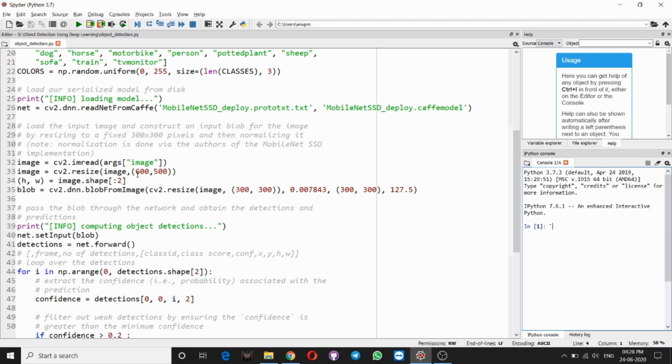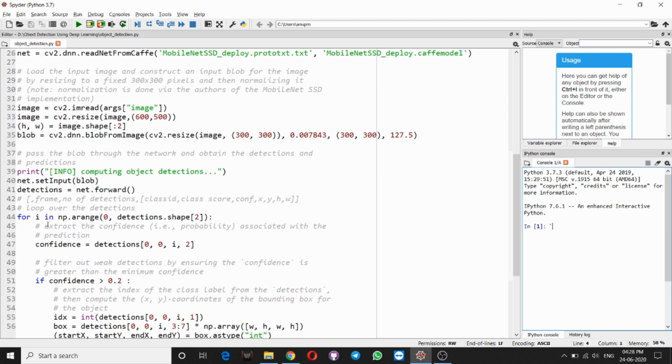Then we will get all the returned values in detections, which contains a list of values. You can see here that the first value is not of use to us, the second is the frame, the third is the number of detections, and it also contains another nested list with class id, class score, confidence, and the xy coordinates of the box, and height and width.